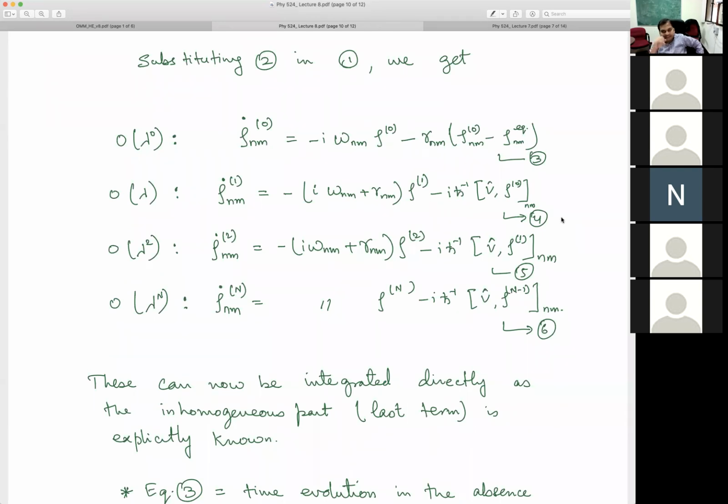So just try out this exercise. It will easily come actually. In fact, this is how you do perturbation theory in the wave function picture also. Except that instead of the density matrix equation, I will write down the Schrodinger equation for the wave function. Precisely the same thing.